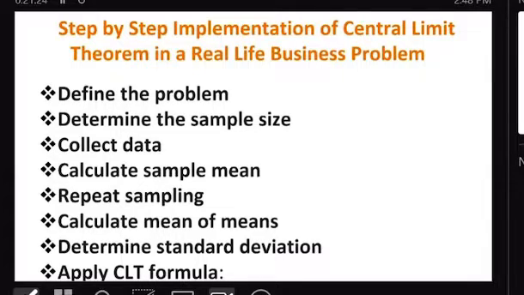If I go 1,000 times, you remember, I'm going to have 1,000 means, right? And that is what you see. After calculating the sample mean, repeat sampling. Repeat sampling is when I revisit the population more than one time. Okay, we did that the other time when I was walking you through simulation.